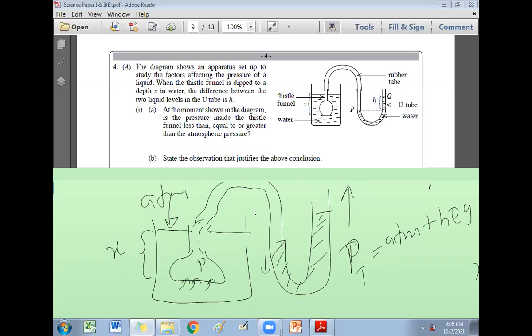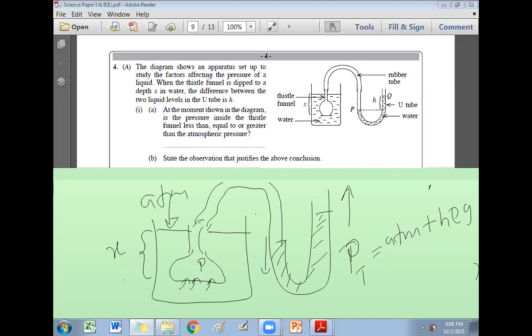Very good, excellent. My advice, please pay more attention to the question word in the O-level paper. Some students know the answer, but they write something else. If you write something not relevant to the question they ask, maybe what you are writing is correct, but it is not relevant to the question they ask. No marks. So please write for what they ask. Don't write all that you know. You will not get marks.